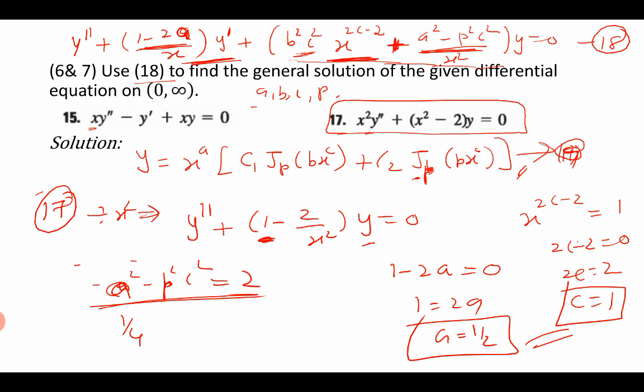If you know c, we will find p using this one. Find what b is. b also should be 1, because b square and c square power all is equal to this 1. Therefore b is also 1. a is half, b is 1, c is 1. Substitute here. a square is 1 by 4, p square is to be found, c square is 1, is equal to 2. So 1 by 4 minus